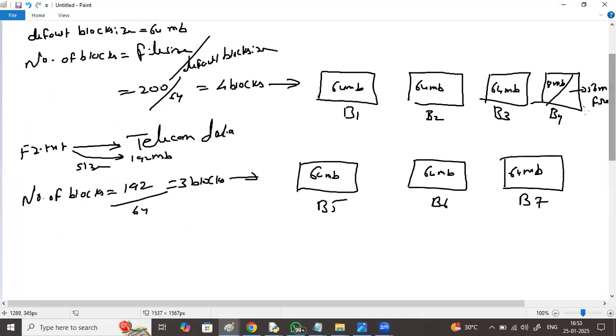When 56 MB is free in this B4, why is B5 data not stored in B4? Assume B5 data is stored in B4. Now I'm retrieving